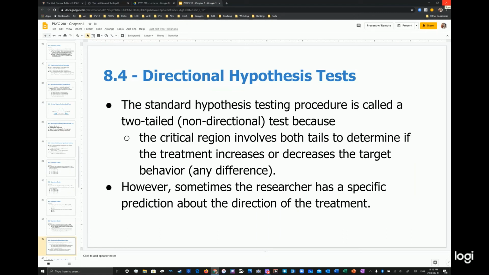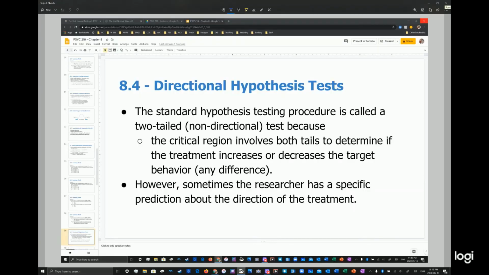So the last bit we're going to cover then, before we finish part 2, is the idea of directional hypothesis tests. That is, instead of trying to see if there's simply a difference, whether the sample mean could be larger or smaller than the population mean, we're specifically looking for one direction. That is, we're trying to say if the sample mean or the treatment is going to increase or decrease the target behavior, rather than just saying if there is any difference. So in terms of drawing your critical region, as well as stating your hypothesis,